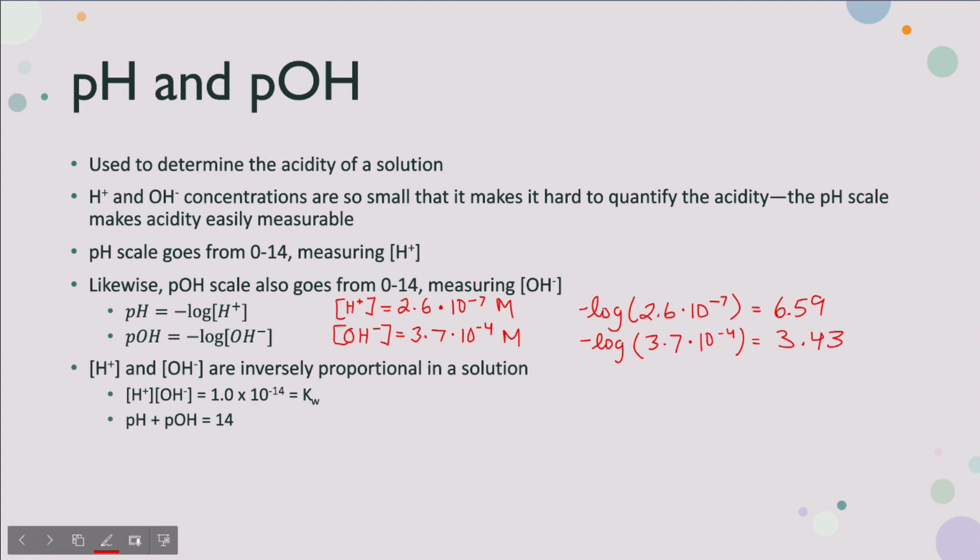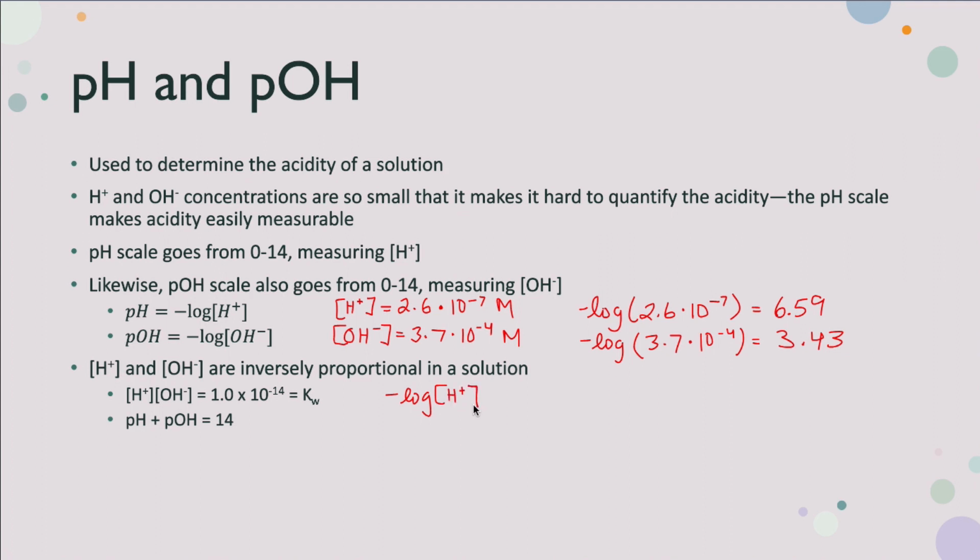So either you can have a neutral solution where the concentrations are equal, or you can have an acidic solution where H plus concentration is more than the OH minus concentration, or you can have a basic solution where the OH minus concentration is more than the H plus concentration. And since the pH and the pOH are equal to the negative log of the concentration of H plus and OH minus respectively, what we can do is we can take the negative logs of both sides of this first equation. So we get negative log of